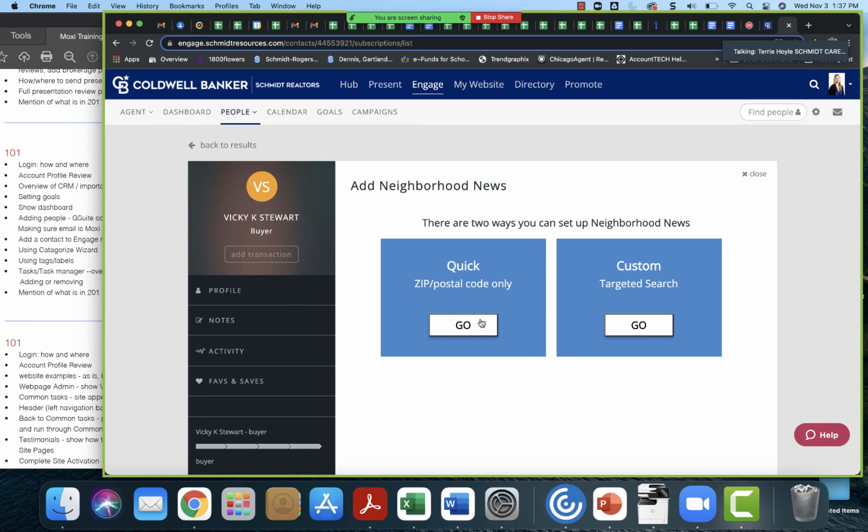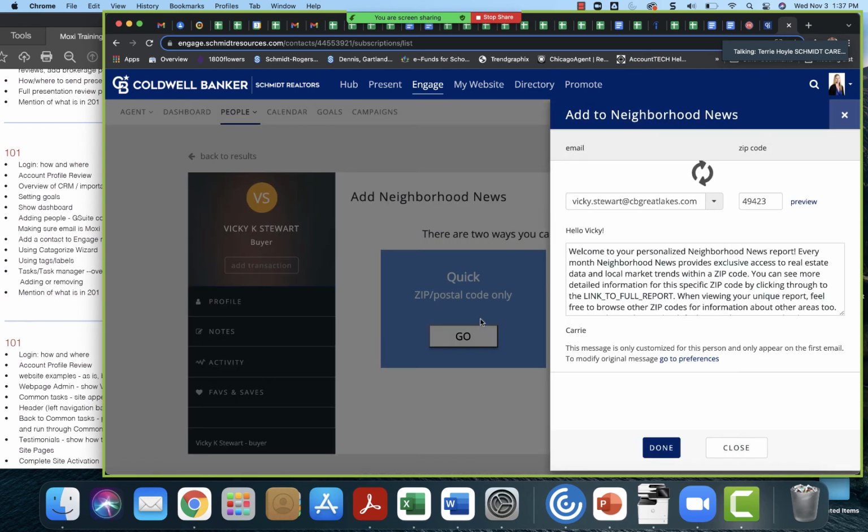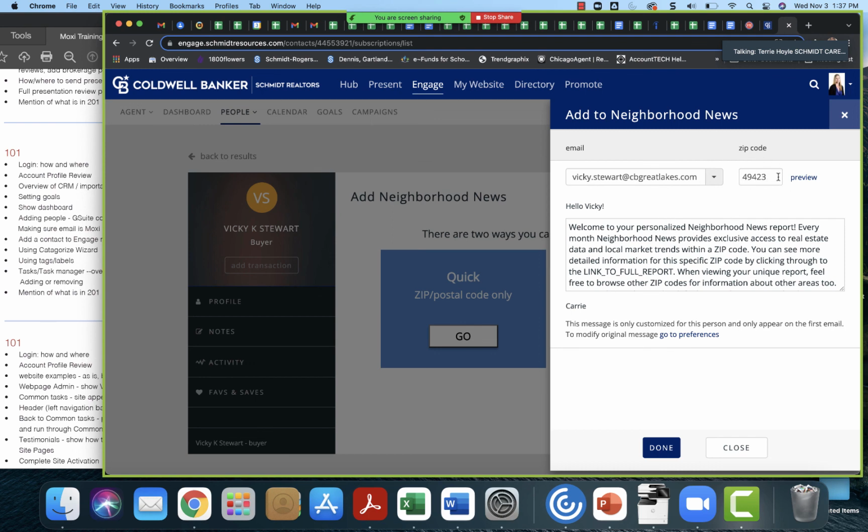That could be what you would set them up on a quick. So maybe it's just a postal code. Of course their information will come over here. This one came over with a zip code, but of course you can always change that. Maybe they've decided they want to live somewhere else, so you can put in that other zip code. This information pulls in. You can change any of this. You can customize it to your own voice, but if you want to just plug and play, it does fill it in for you. And I'm not going to click done because I don't want to send Vicki some email,